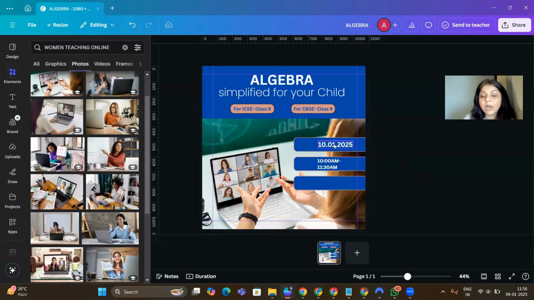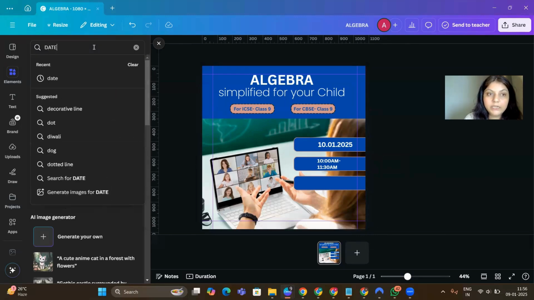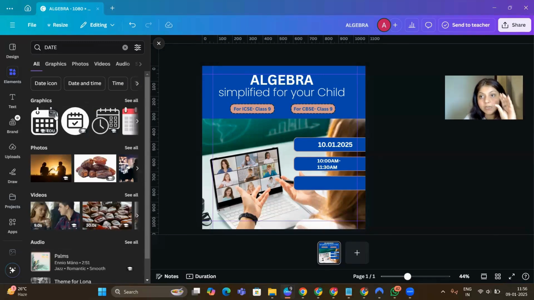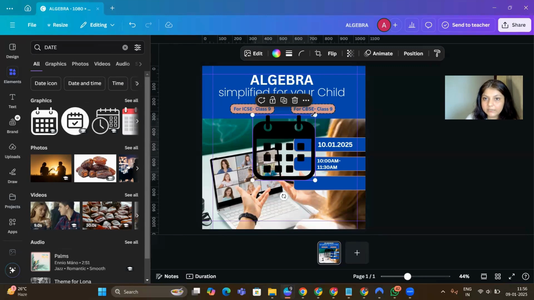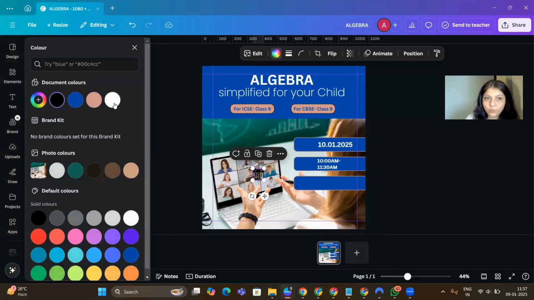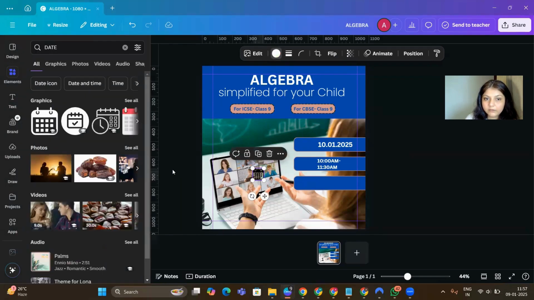अभी क्या चीज मिसिंग है? हाउ वुड दे नो कि ये क्या है? हमें क्या एलिमेंट्स में जाके सर्च करेंगे, दिस इज डेट राइट, तो विल राइट डेट। देखो कैलेंडर का एक आइकॉन आ गया, दिस इज अ इलिस्ट्रेशन। इलिस्ट्रेशन मतलब हैंड ड्रॉन वेक्टर आर्ट। तो वी कैन पुट दिस हियर, यू कैन टेक दिस, तो छोटा करेंगे, चेंज द कलर टू व्हाइट। नहीं चेंज हुआ, कभी कभी नहीं होता, एंड विल पुट दिस, इट्स अ सिंबल कि ये डेट है।